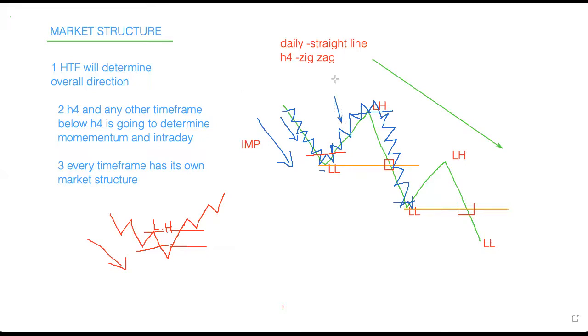So basically, let me type like this. So basically, the correction of this impulse doesn't mean we are now changing over our direction. This is just a correction